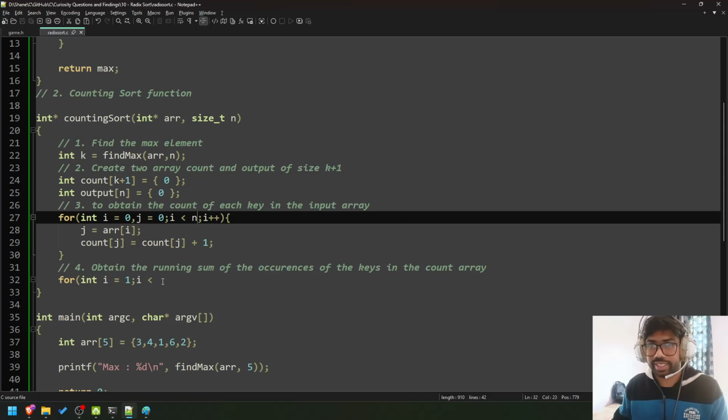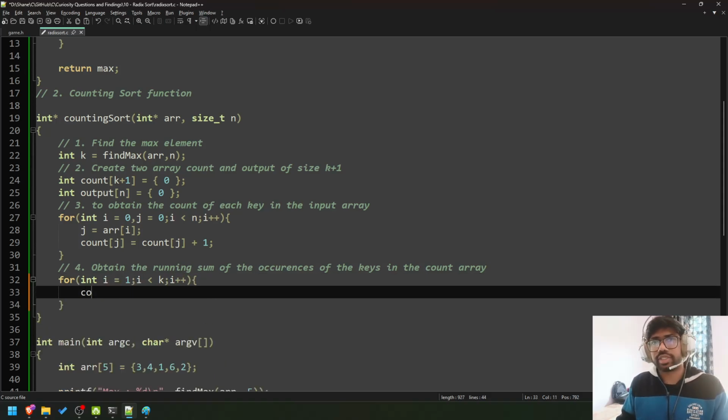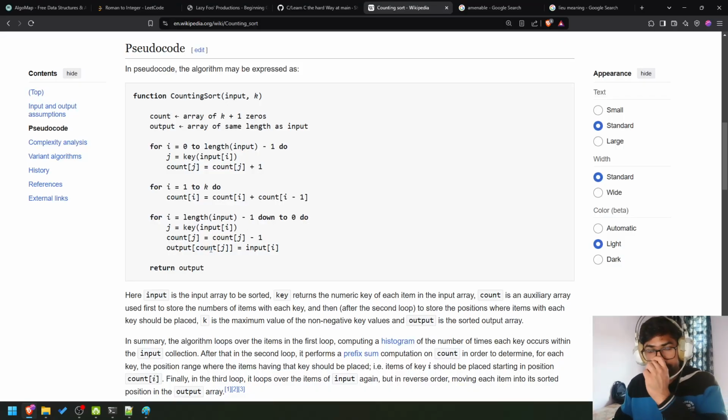That's what it means, and it should be less than k. Then I plus plus, then we'll go count of I equals count of I plus count of I minus 1. Right. Then